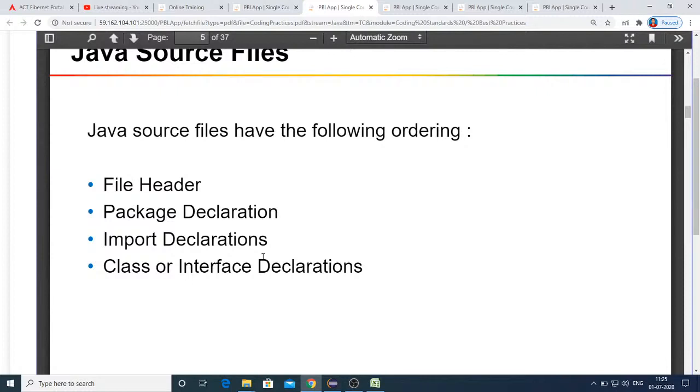But the point to be noted is that you are increasing the lines, but you are reducing the compilation time. This point needs to be understood. You might be increasing the lines, but you are reducing the compilation time. And when you are dealing with huge projects, it's very important. Even that small fraction of time plays a major role.